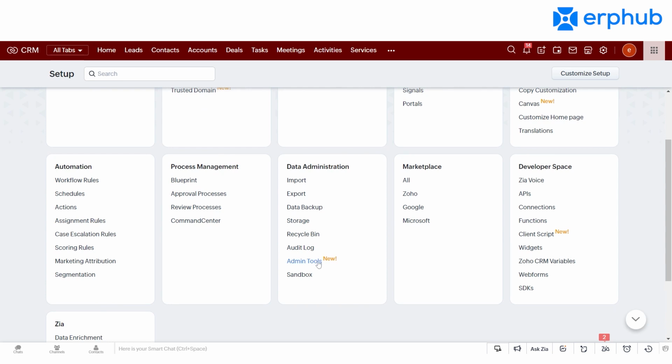Under Sandbox is where you can make changes to your CRM and test them without it going live. So this can help with the developer section of your CRM system. Marketplace, this is where you can add applications and integrations. You've got built-in ones already with Zoho, Google, and Microsoft, but if you access the All section under Marketplace, there are thousands of integrations